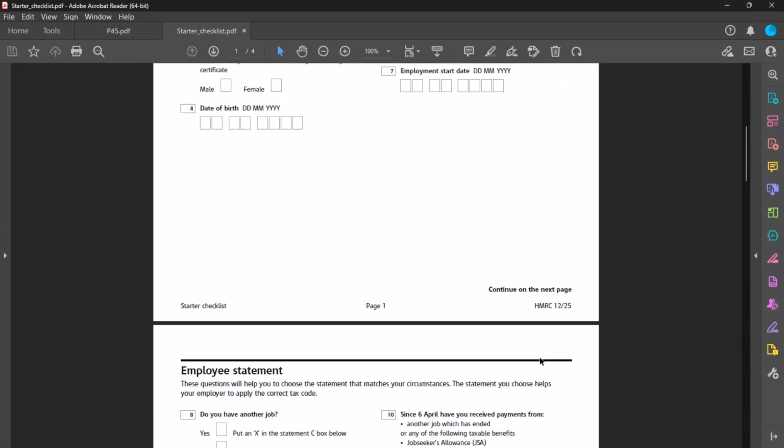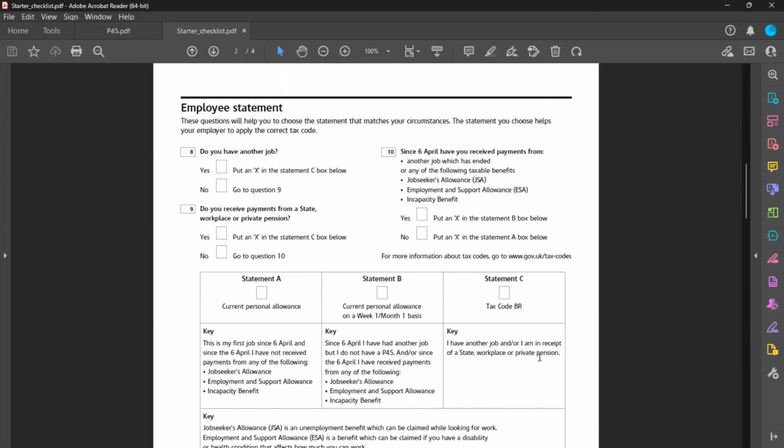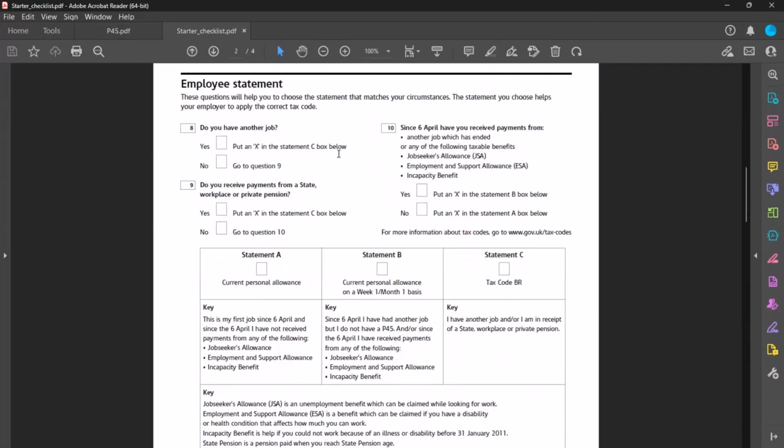But then as we work through the form, there are some additional questions about which statement matches the employee's circumstances. So they would work through questions 8, 9, and 10, which will allow them to select the relevant statement. And then if the employee doesn't have a P45, the statement they've selected will determine what tax code they go on. So it would either be 1257L on a cumulative basis, if this is their first job since the start of the tax year,